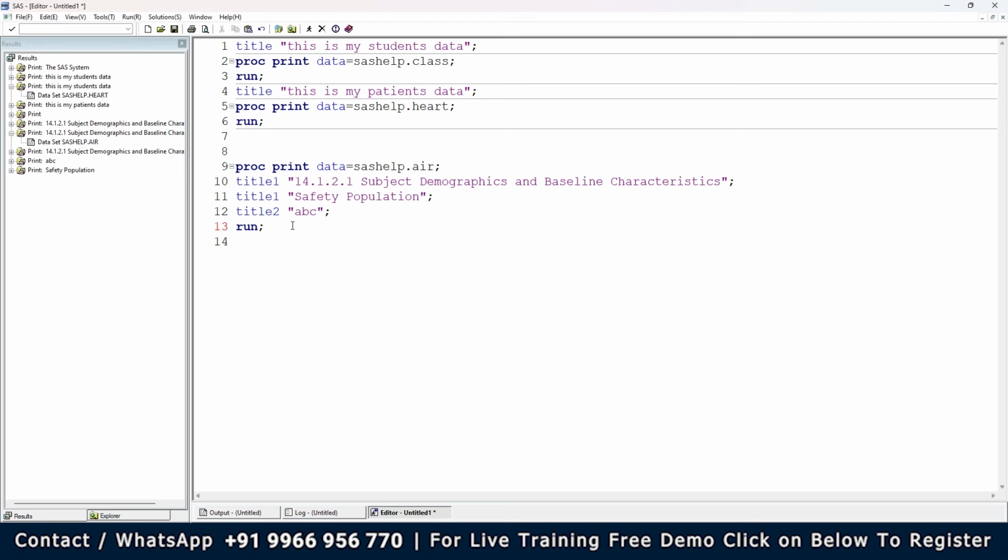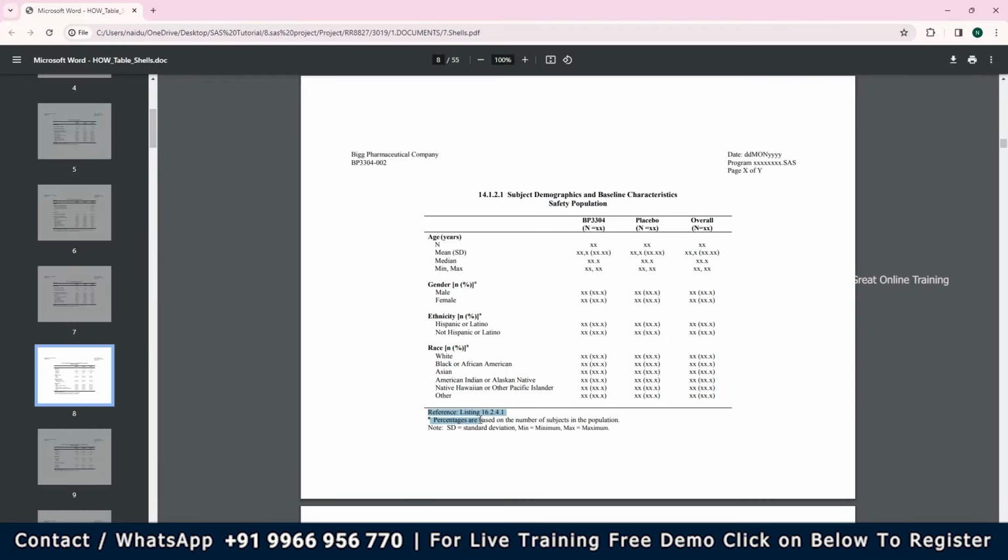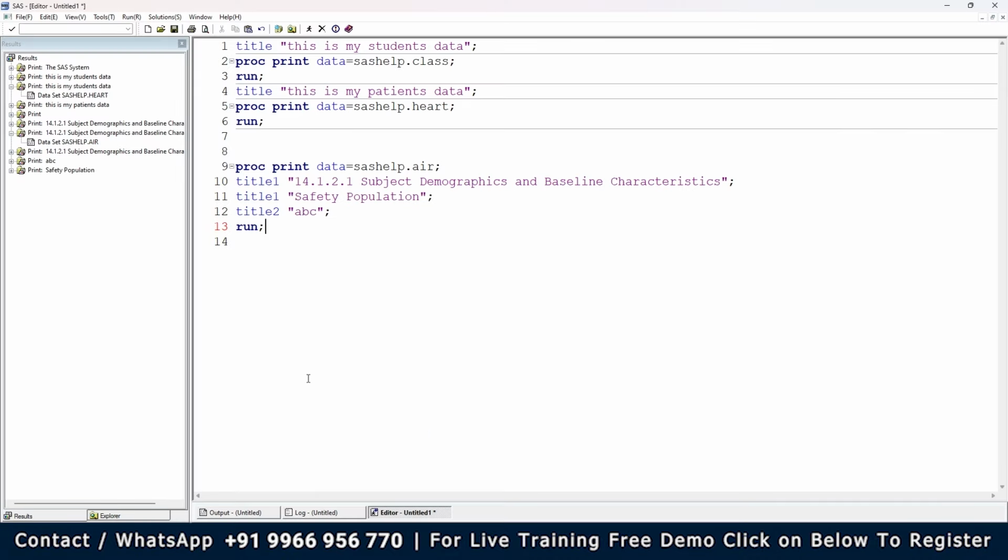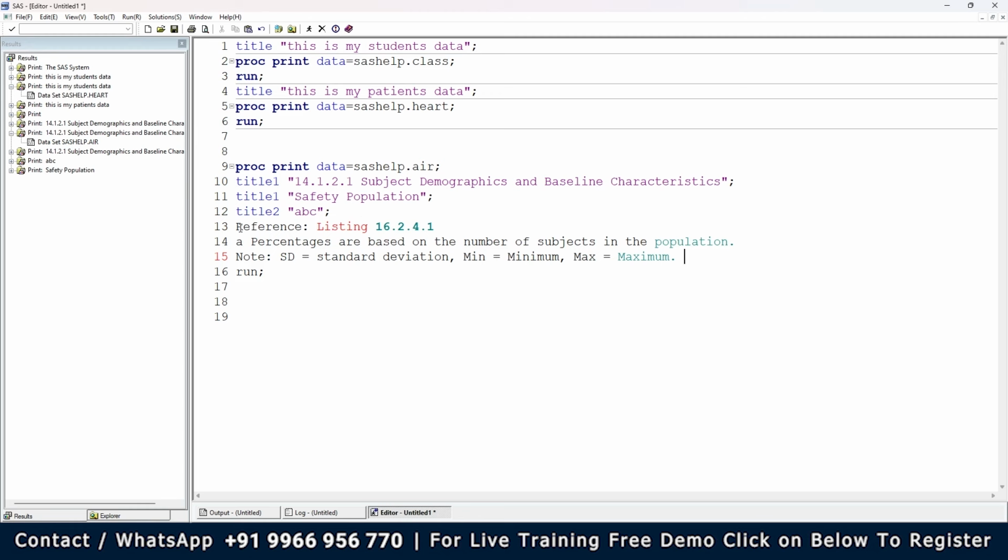And now, not only the title, there is an option for footnotes too. See, there are 3 footnotes in my program. Can you see that? Footnote 1, footnote 2, footnote 3. 3 footnotes are there in the data. So I'm just writing it in the same program. I'll just mention my values. The first one, see, only 1 footnote is required. I'll just write footnote,